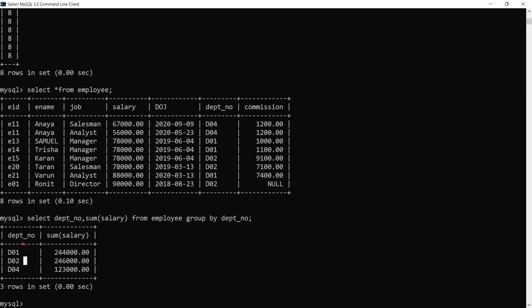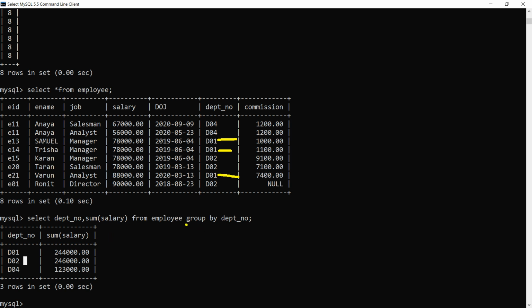So we can see here what it has given. That is another matter, that it has accepted D01, D02 first, but the data we are getting is the same. So it has grouped D01, with whatever records are coming under D01, this record and this record. What has happened internally?